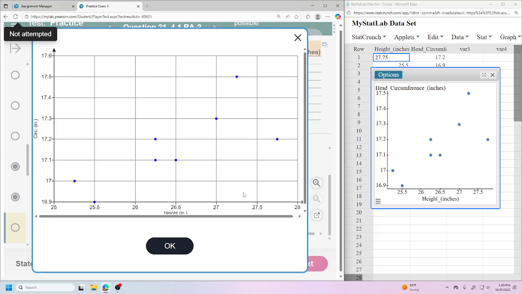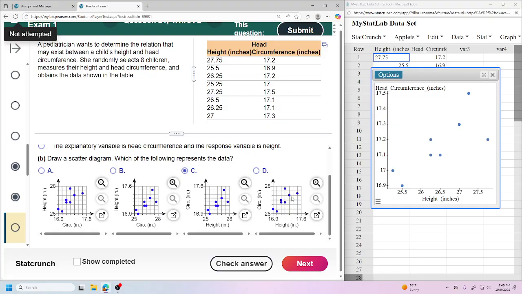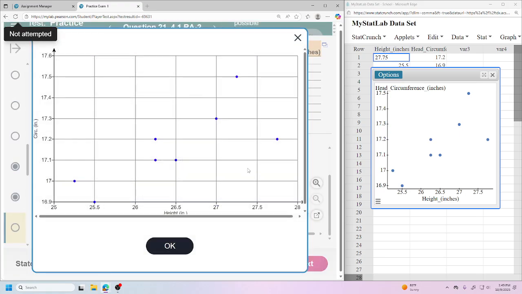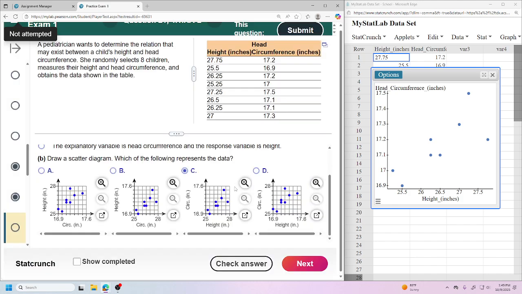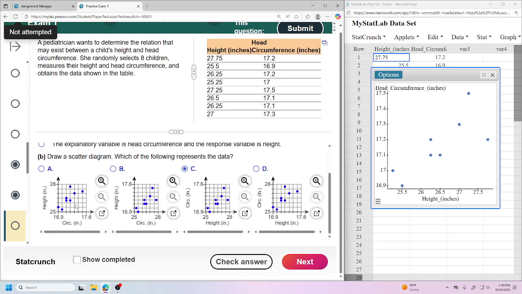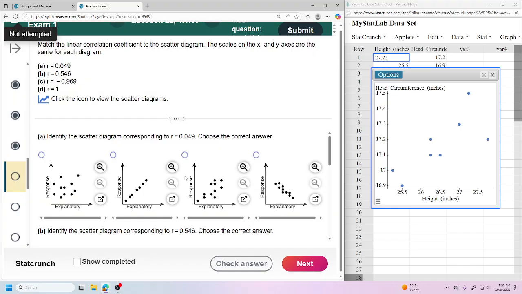Okay, hold up. Let me zoom out. Oh, you know what? When I zoomed in. Oh, it's a different shape. This one's pointed more that way. I see. If I zoom in, though, you can see literally a copy paste. Okay. These things happen. I obviously would have gotten it wrong by a little bit. And then you would come and say, "Hey, Chad, look, it's so close, bro. Like, really?" And I'd be like, "You're right." And I add points because it's so close. The main point again was that height was on the bottom. Cool. I'm a lenient person. I want to make sure you pass this class.